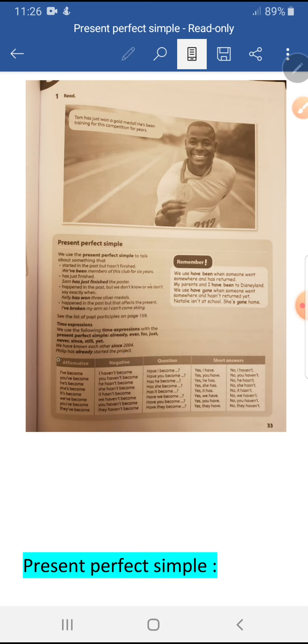Another example, Philippe has already started the project. So already and since, those are time expressions. هدول بالجملة بدلولي على إنه هاي